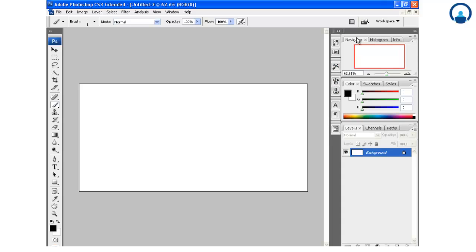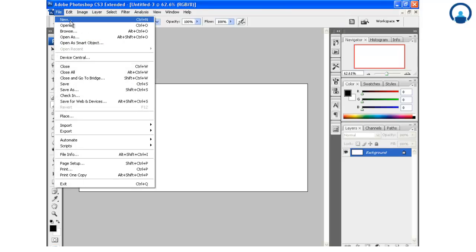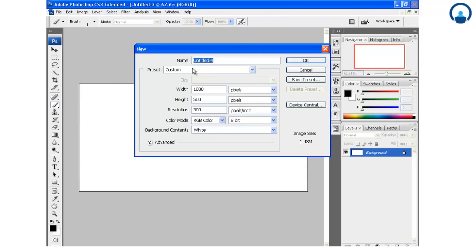And here we have a navigator. Whatever we are doing in this work area at the center, it will be displayed over here. Okay, let's just start with the file import. Like I'll open a new file, so go to new tab and then just give a name like my document,